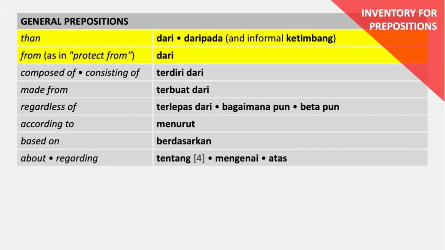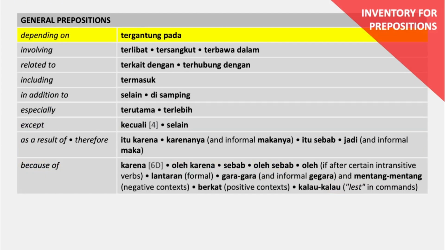General prepositions: dan, dari, daripada, from, dari, as in to protect from, composed of, terdiri dari, made from, terbuat dari, regardless, terlepas dari, bagaimanapun, according to, menurut, based on, berdasarkan, regarding, tentang. Depending on, tergantung pada, involving, terlibat, terkait, including, termasuk, in addition to, selain, di samping, especially, terutama, except, kecuali, as